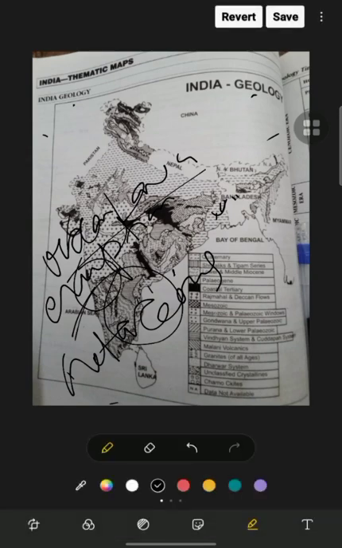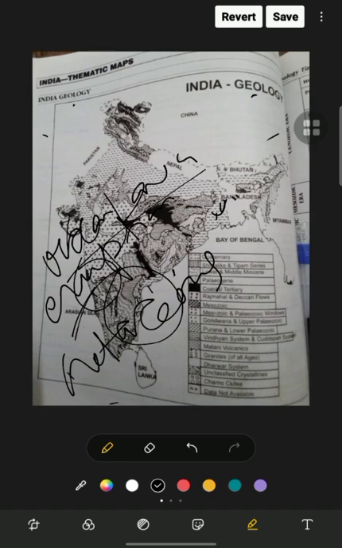Now the lower Paleozoic era is from Cambrian to Carboniferous. The upper Paleozoic era is from Carboniferous and Permian, and the lower Paleozoic era is from Cambrian to Carboniferous, and the formation is conspicuously absent. Now the upper Proterozoic era. It's the Vindhyan syncline. In the Vindhyan syncline there are metalliferous minerals in the form of shales, slate, clay and limestone.